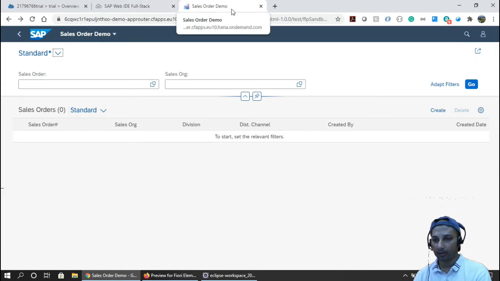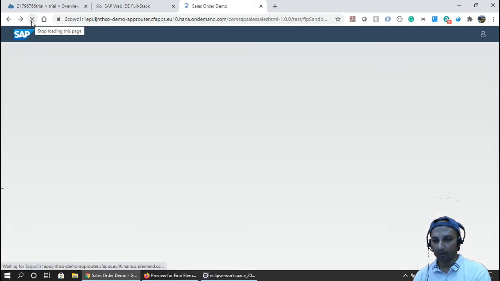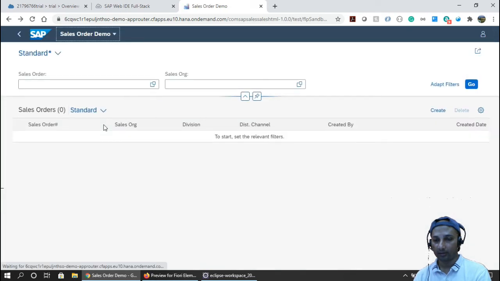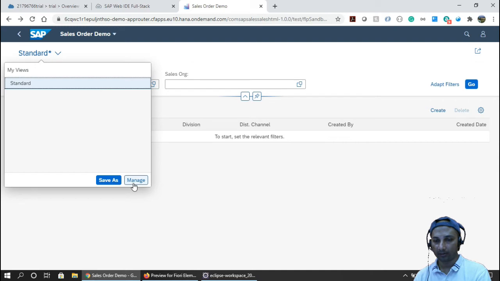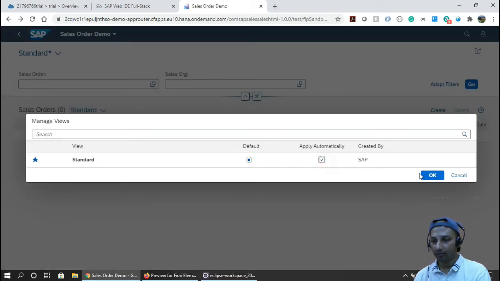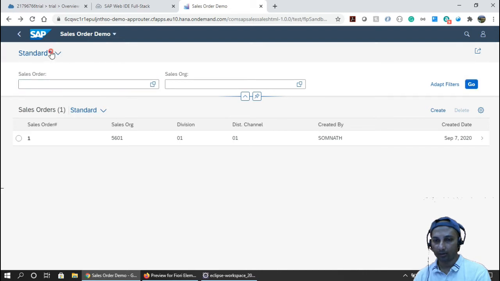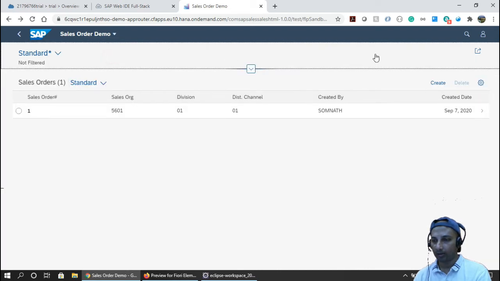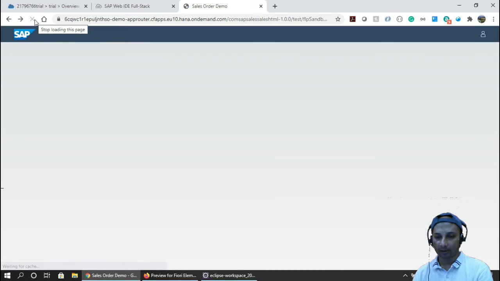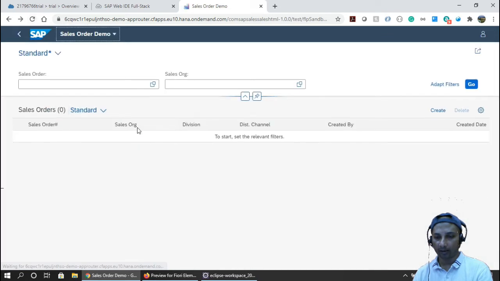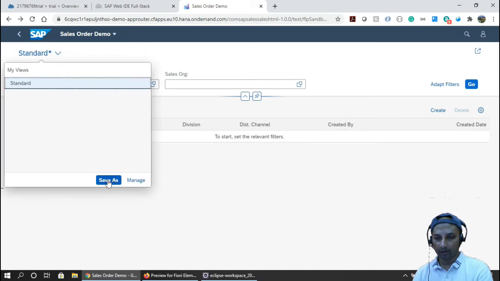Okay, so let's refresh once more. I don't know whether it gets saved or not. Sometimes it doesn't get saved. I will see. No, it didn't get saved. Try once more. Okay, click go. Data comes. So let's see once more. Now really, if this checkbox gets saved properly, then we don't need to click the go button again and again. It's not.